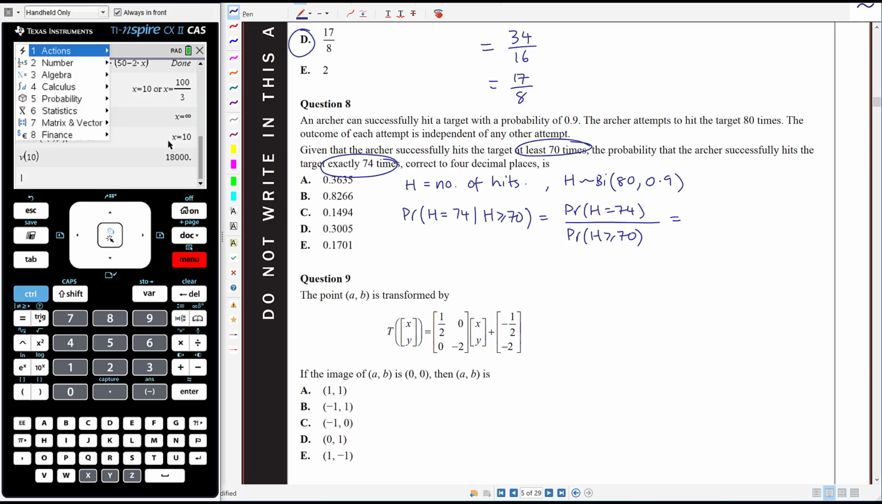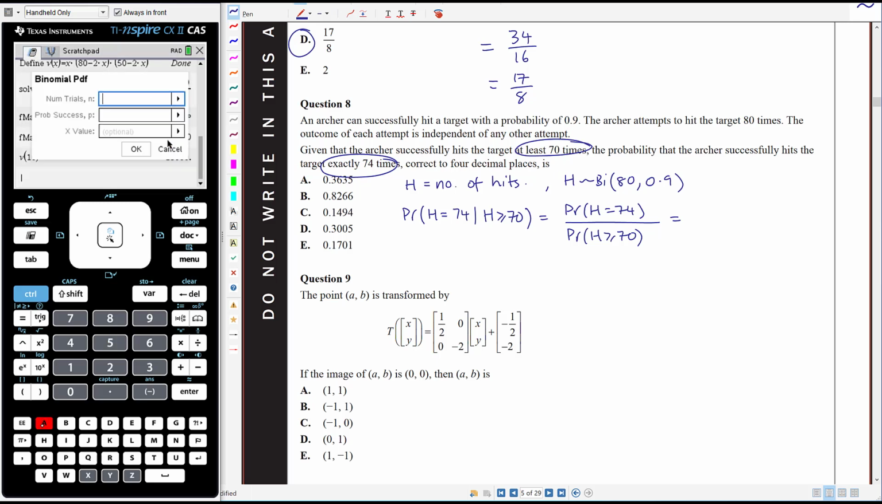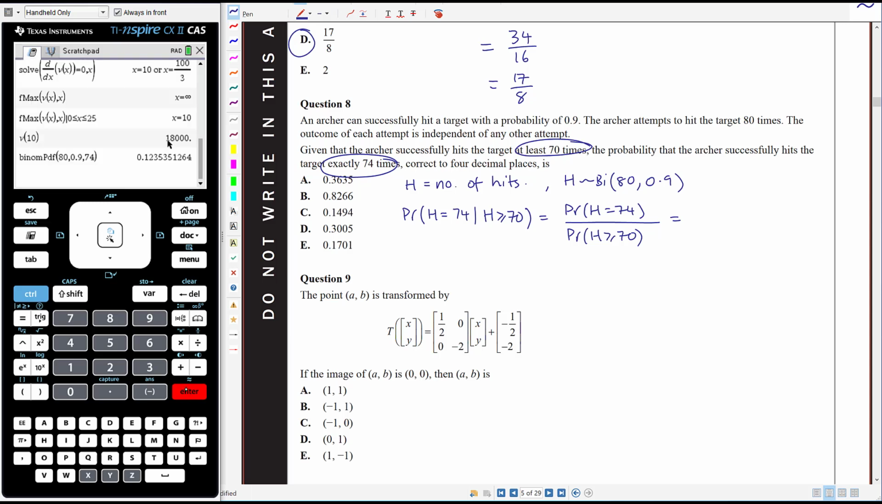Okay, so menu 5 binomial PDF is fine, so A for the numerator. Number of trials is 80, probability of success is 0.9, the x value we want is 74. Okay, so that's 0.1235 over,